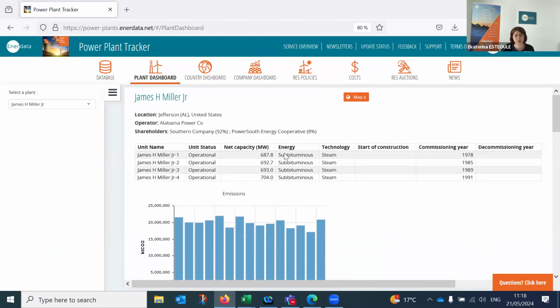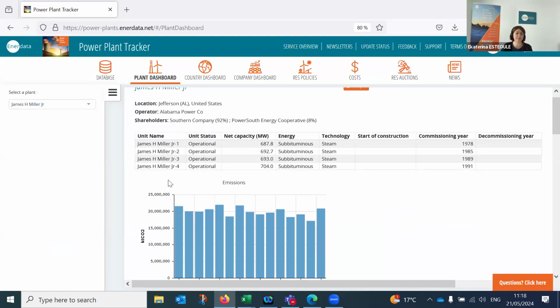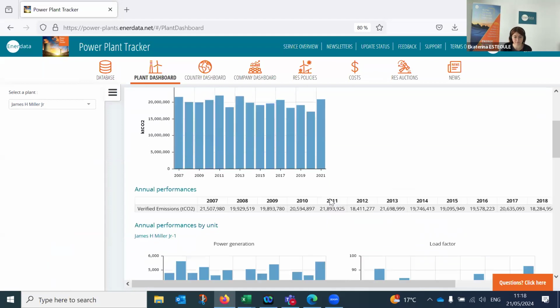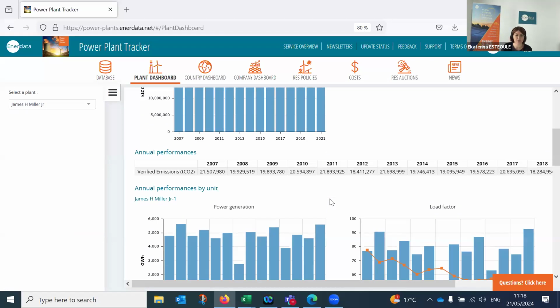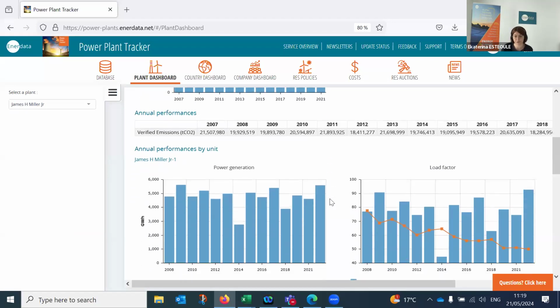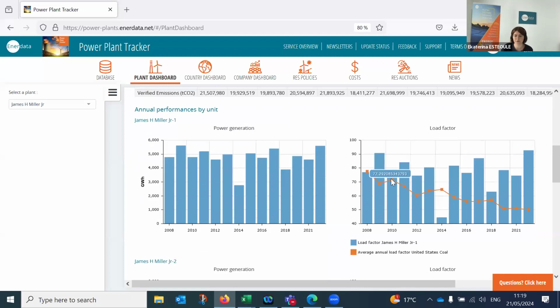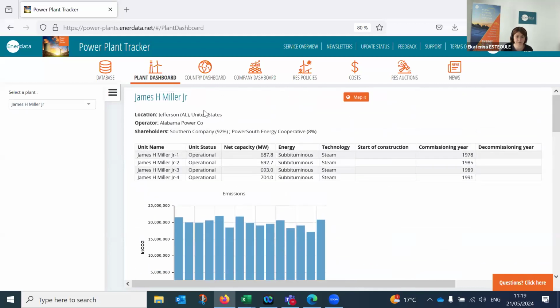So here you will get information on plant level, consisting of information about all the units, information on emissions on plant level, and of course you will get information on annual performances by units, on power generation and the load factor. And for the load factor, you can also benchmark with national statistics. So the average for the United States here, in this case of James Mill.